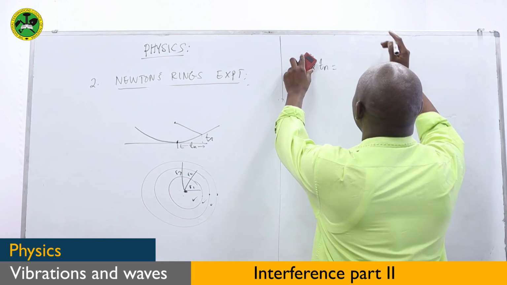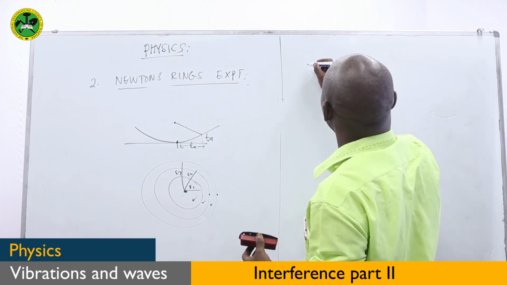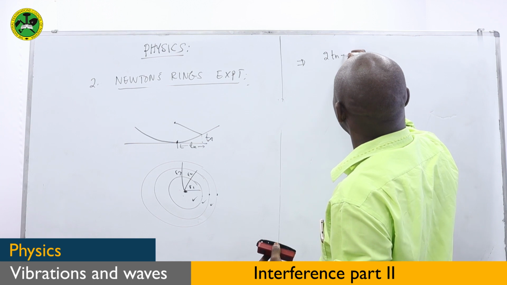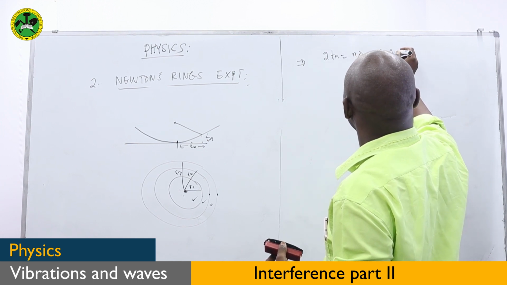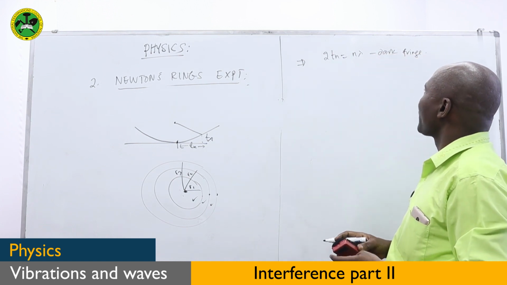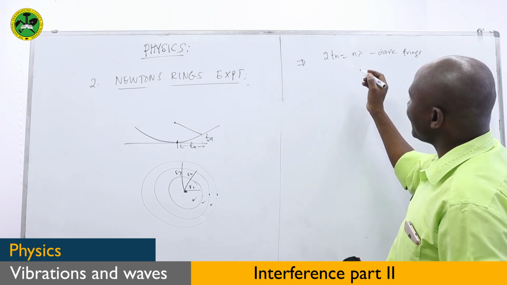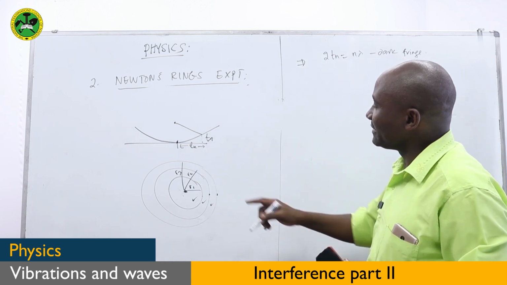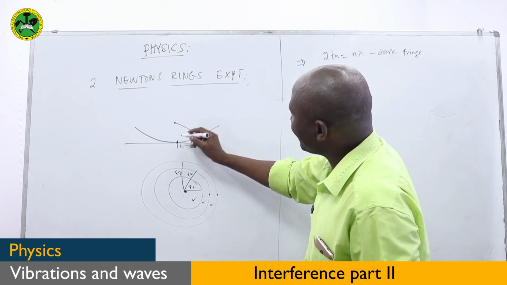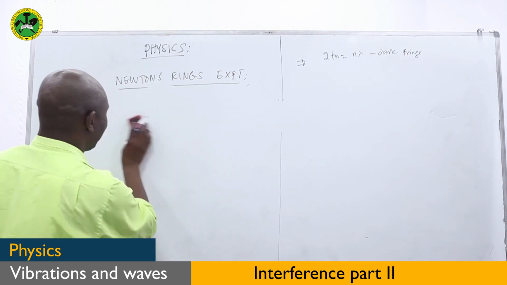When you derive that formula, we come up with the formula, because we talk of 2Tn equals n lambda. This was the dark ring fringe in the air wedge. And when you plug the formulas there, because we don't have the error rate, it's now given as the radius. This is the radius of the ring. So if you derive the formula basing on the radius, if you consider this diagram here, we consider